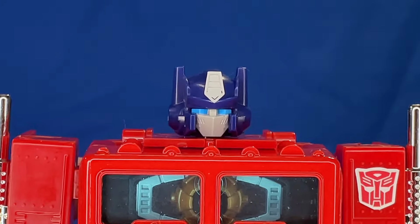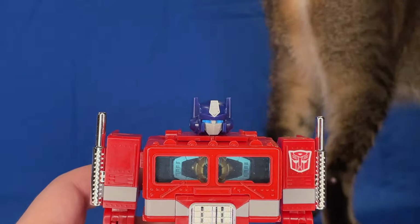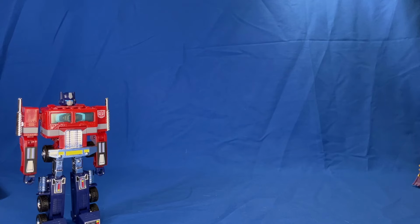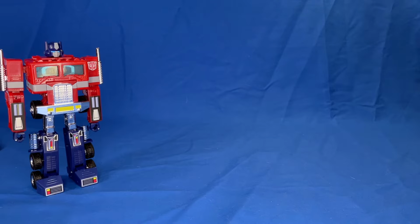Now, for the articulation, as you saw, the head does rotate, but this is why people buy this figure. Astrid! So as I was trying to say, the reason anyone buys this toy is because of the articulation,